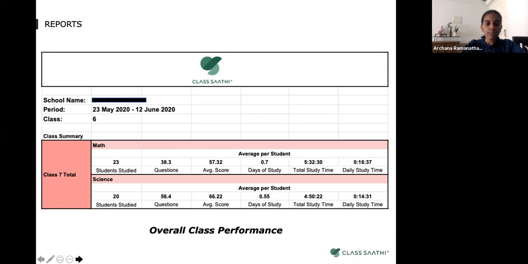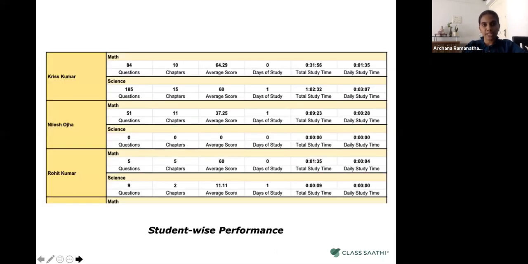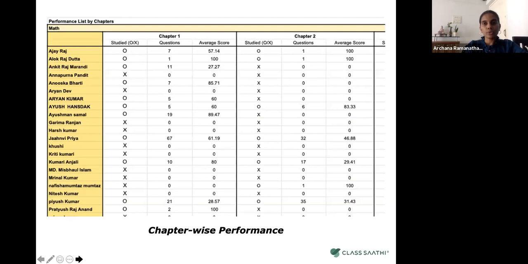So this gives you an overall class performance. What we're also able to show you is student-wise performance, where again we're saying, how many questions have they been able to solve in math and in science? What chapters have they completed? What's their average score? So over here, we're showing you a student-wise performance. And lastly, what we're also able to give you is a chapter-wise breakup.